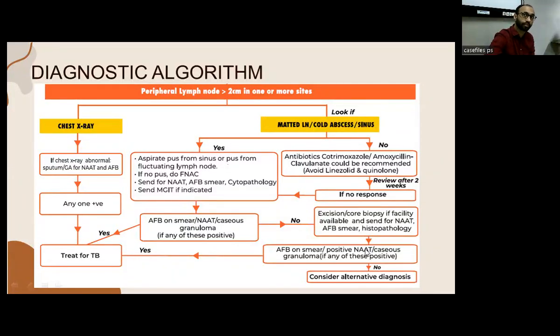And if excision biopsy again is positive, then obviously treatment for tuberculosis is done. Otherwise, we have to consider alternative diagnosis. Now, chest X-ray is recommended if the lymph node size is more than 2 centimeters or any of these features is present. And if chest X-ray is again abnormal, or if any of these is positive, we treat for